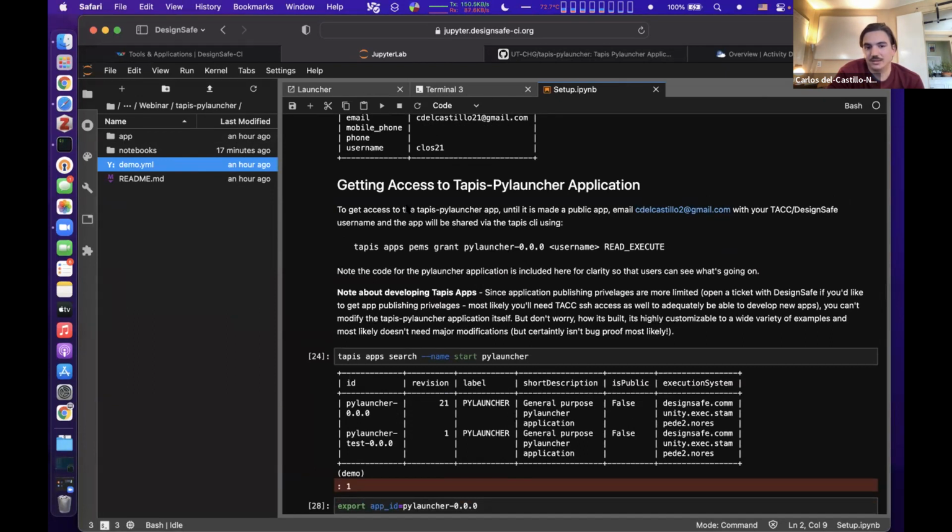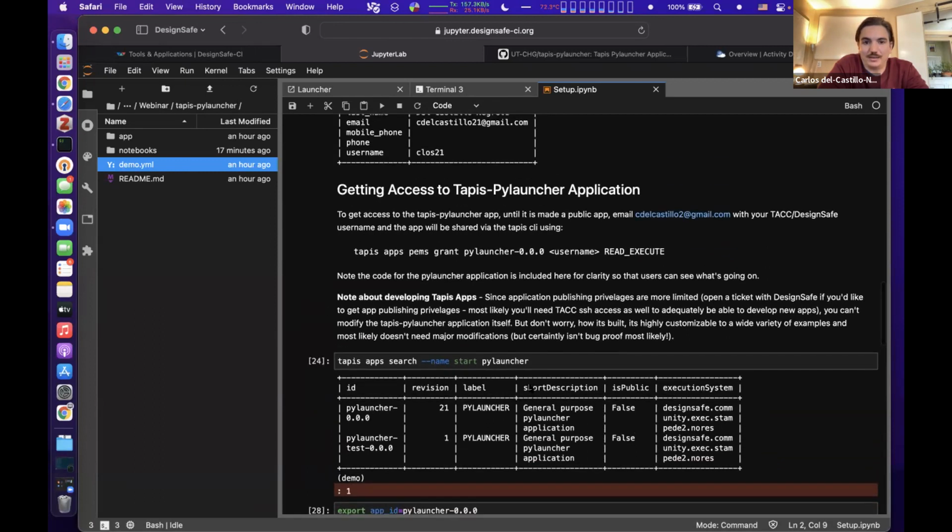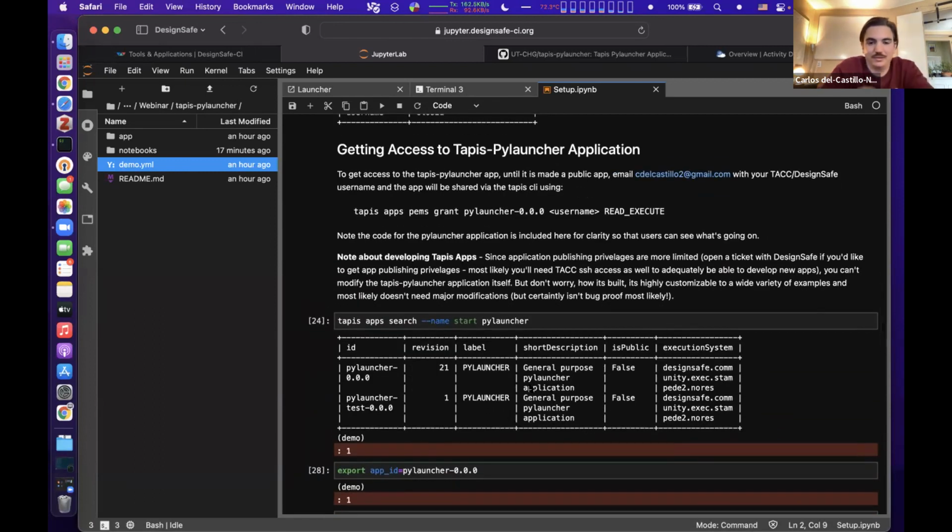So like I said, there's a variety of options. You can contact me if you want me to share the application straight with you, or you can get better access yourself. That being said, I'm going to proceed with giving the outlines of the notebooks. If you want to run these things, get in contact with me. Okay, so